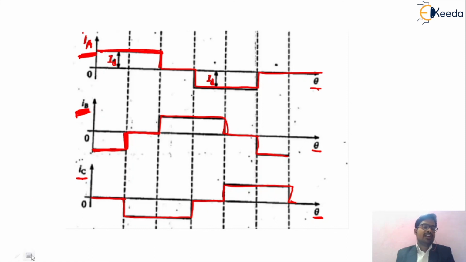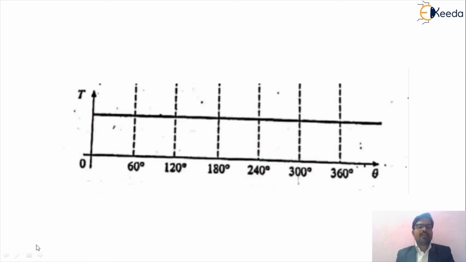Okay. Now we can understand the output waveform of your torque, because as we know it is a type of motor, and we have the fundamental concept of torque, because torque is called a force to cause a motion. So we are getting the output waveform of your torque, and that will be nearly constant. So this is the torque waveform of your BLDC motor. So friends, these are some of the concepts concerning your BLDC motor.